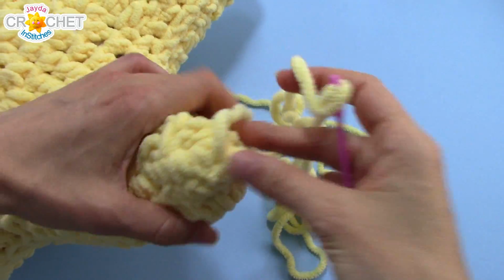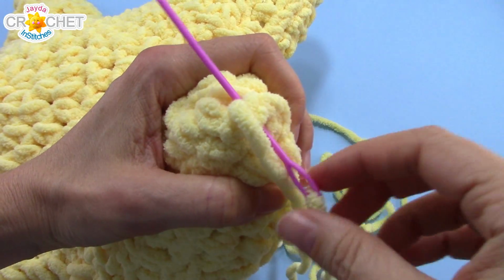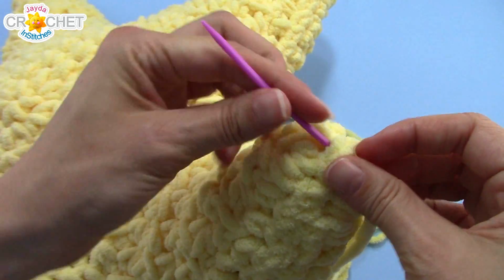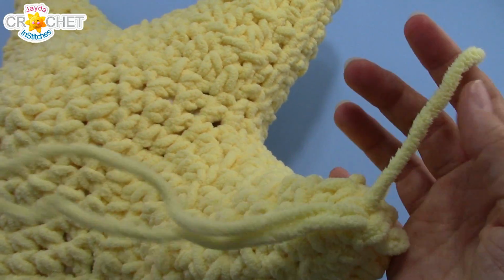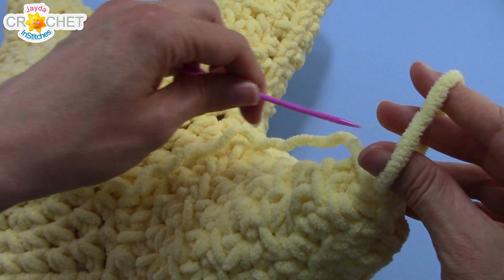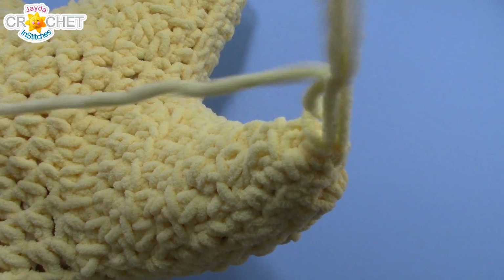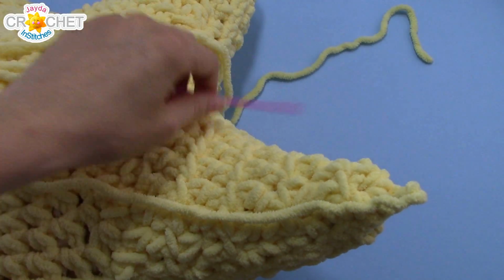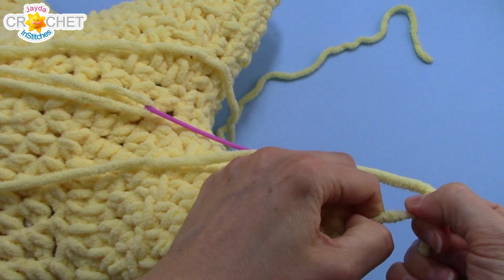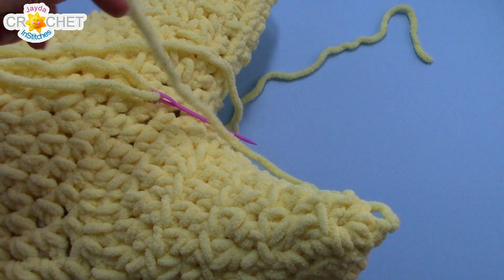Once you're all stitched up, the last thing you want to do is make a simple little knot through those last couple of stitches. So I just like to run it through the same pair of stitches that I just ran it through, and then make a simple knot. Now this chenille stuff, especially if you're using this Bernat baby blanket yarn, is really grabby. So one little tiny knot is not going to undo. And then you can snip your yarn,